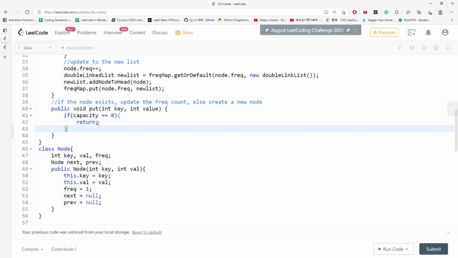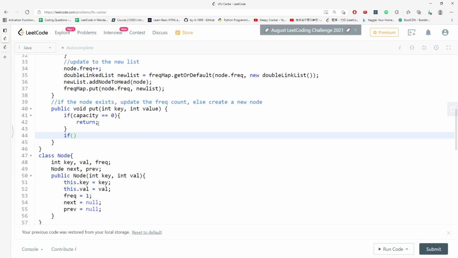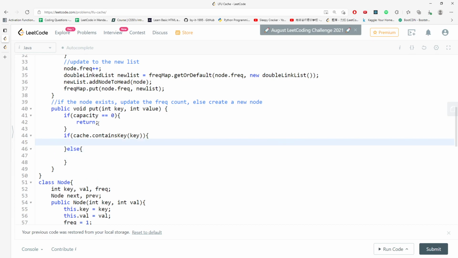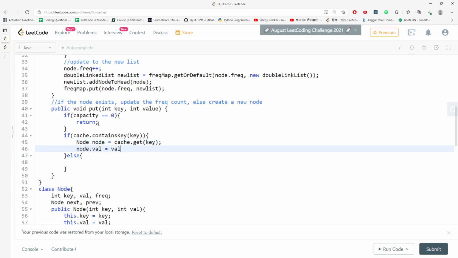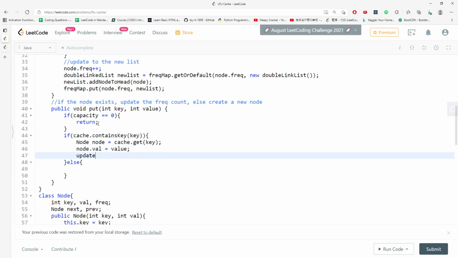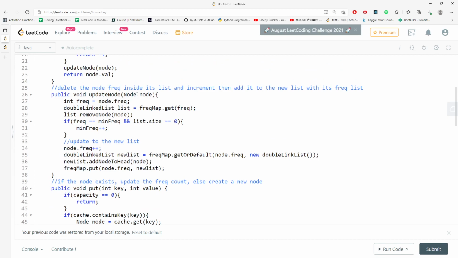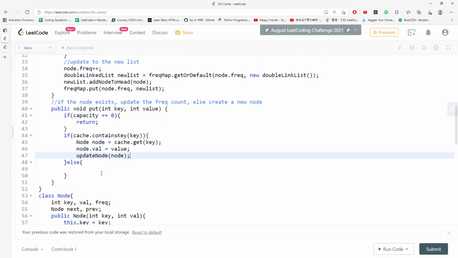So I'm going to say return. And also, if the cache contains the key, if you do have this key inside your map, then you just update the node value, right? So I'm going to get the value, cache.get(key), right? And node.val is equal to value, and I need to update the node. Since I'm calling this again, I need to update it. So I'm going to call the update function, and that will help generate my new frequency count